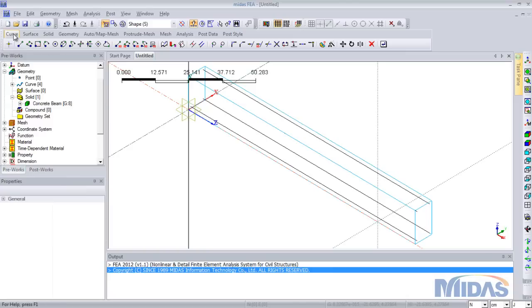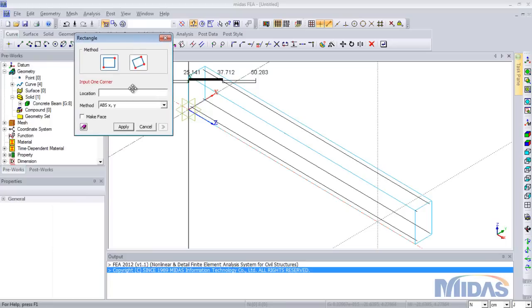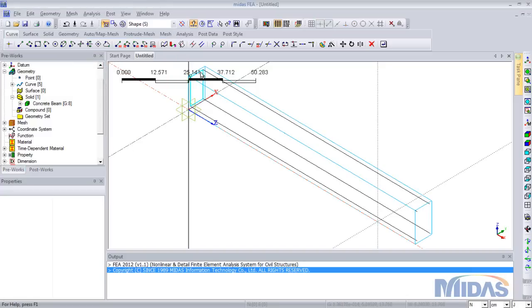So now curve, rectangle, defining the first location of the first coordinate. Here you can see it's coming up. So here we have created the basic shape. So now we have to perform again some